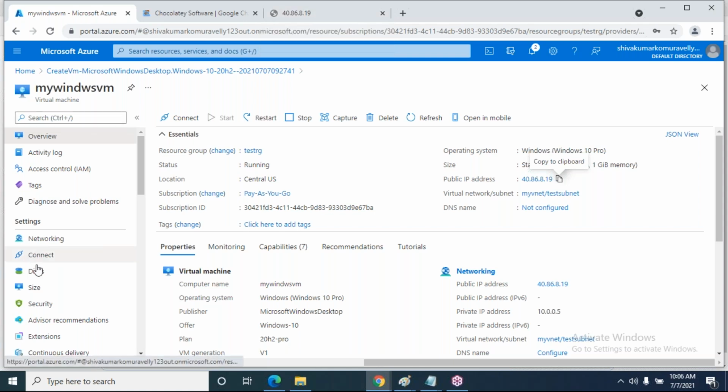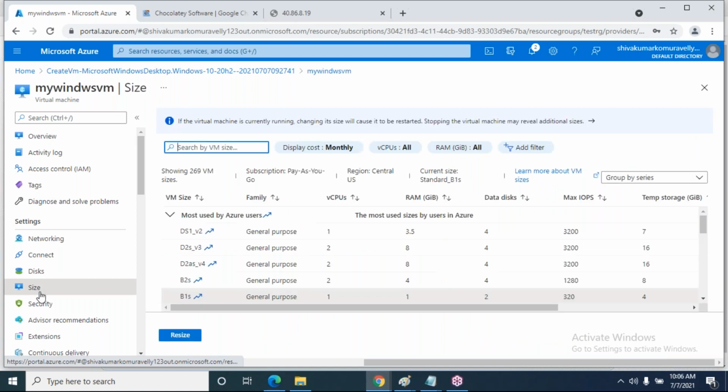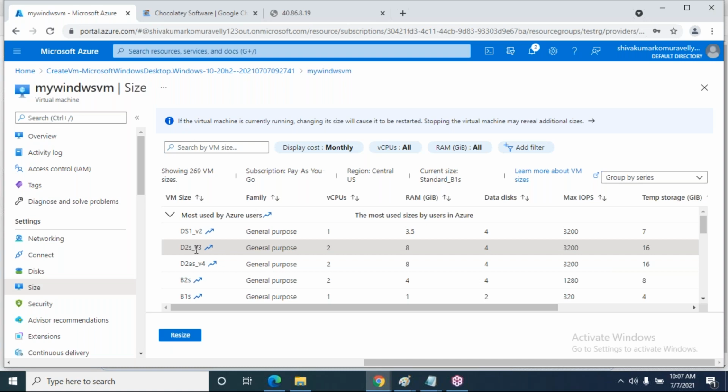And here you can use all the options, like how to increase the size. You can increase the size like this here. So select D2S_V3. Select resize.